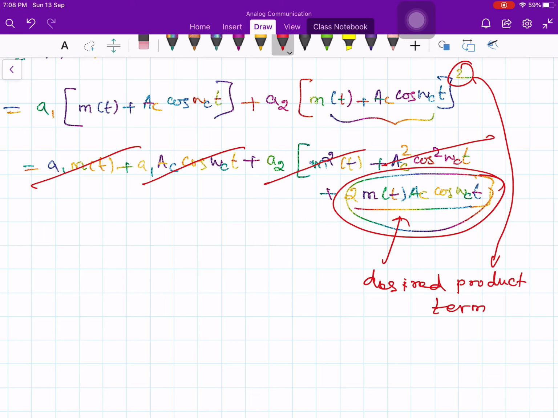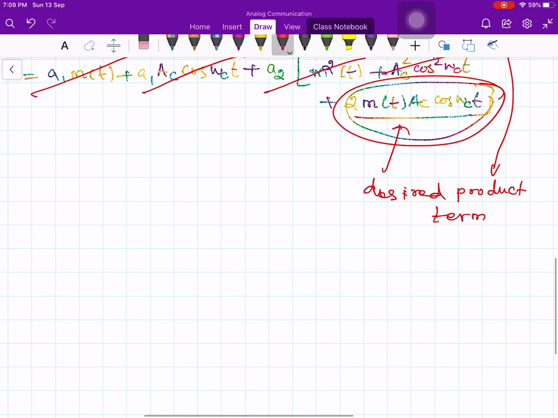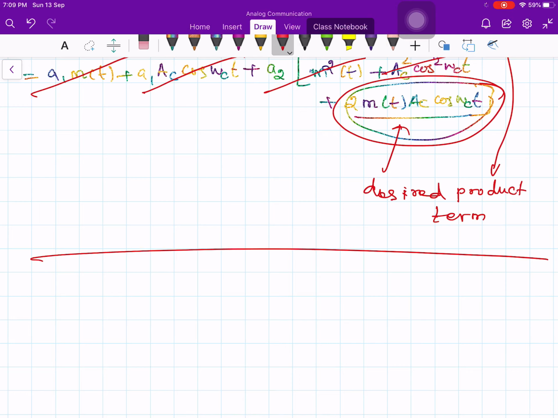So you take a nonlinear device like diodes, PN junctions of diodes and transistors. These are the typical devices which will exhibit these characteristics. So most of the mixers and modulators can be realized using diodes and transistors. Now this is one way, and the second one is something called the switching modulators.